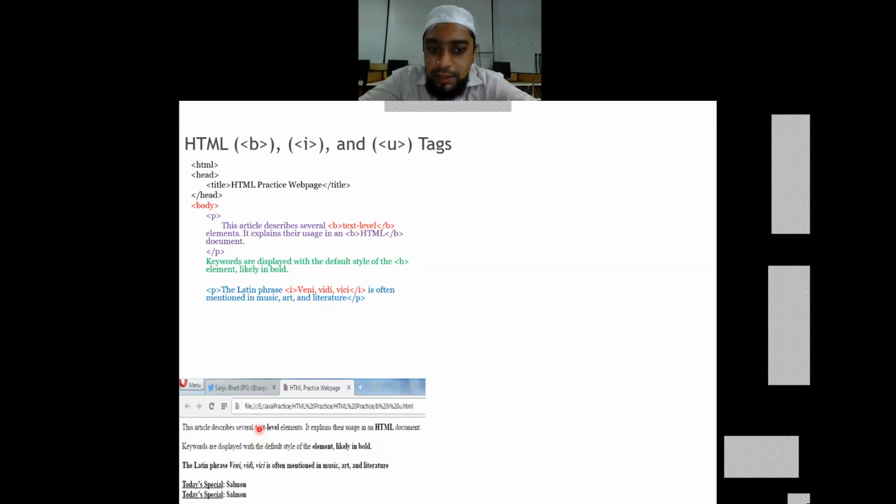This level is appearing in bold, so to make it bold, I have kept it in B. Similarly, HTML is coming in bold, so I've kept it in the B tag. For italics, I have to keep it in the I tag. Similarly, if I want to underline something, then I have to put that particular text inside the U tag.